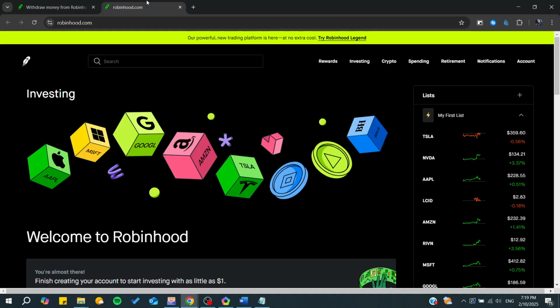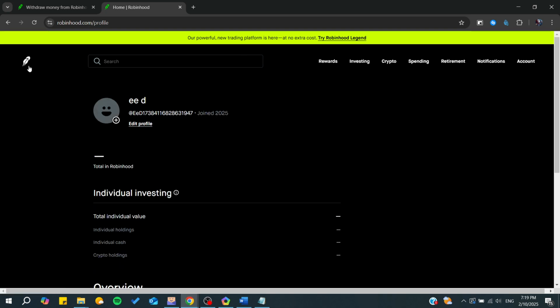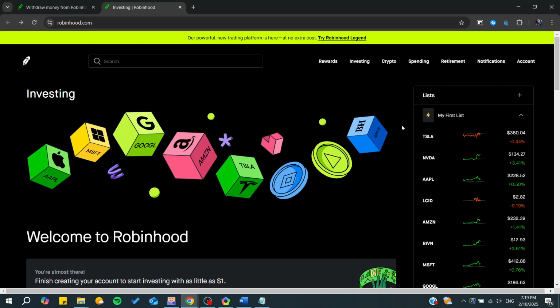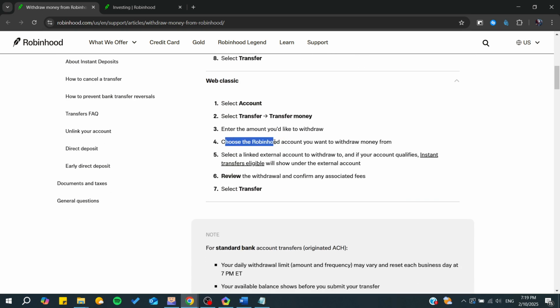In your app, you will need just to go to accounts and basically here you will find transfers. By going to transfers, you will be able to choose the account that you want to transfer the funds from. So here you will choose the Robinhood account you want to withdraw money from. And basically you will need to select a linked external account to withdraw to. It might be some kind of bank accounts or external bank accounts that you have linked with